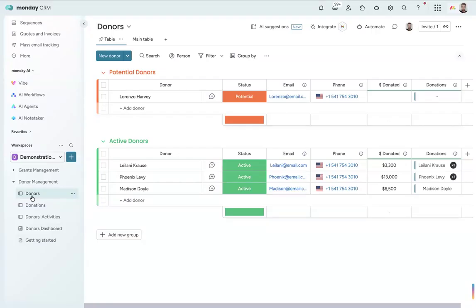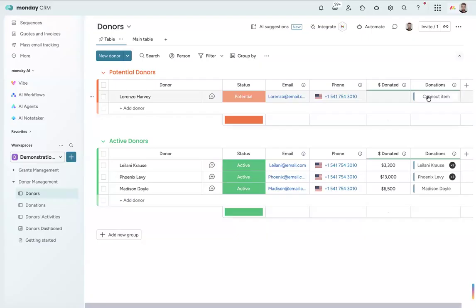So the donors board, high level, first of all, is like your CRM, right? This is your master list, one-stop shop where every donor appears just one time, even if they've joined different campaigns, the golf tournament, and some other fundraiser. Here, you would only have them listed once. And we've got some basic information about them, their status, their email, their phone number. You can, of course, add more to this if you want to.